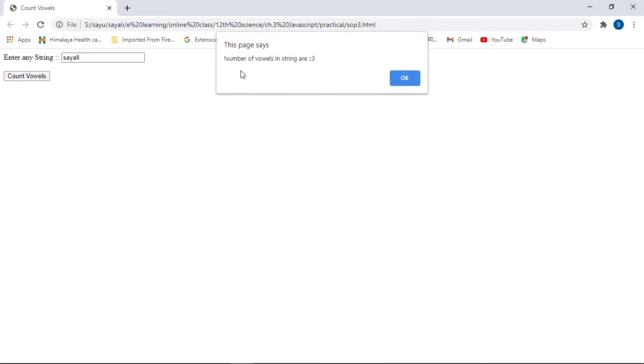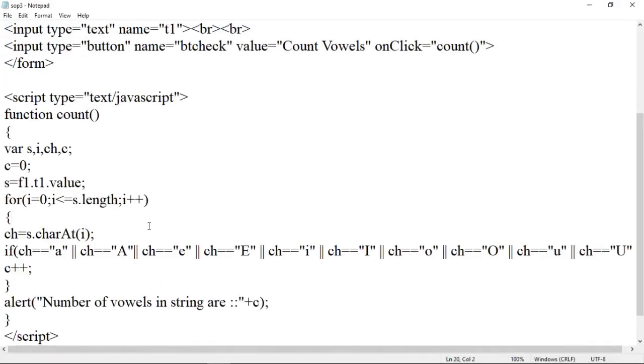So let us enter any string. Here you can see a and i. These are the three vowels. So click on the count vowels button and the output is number of vowels in string are 3. Here instead of these enter any string, you can give a label as enter your name also.